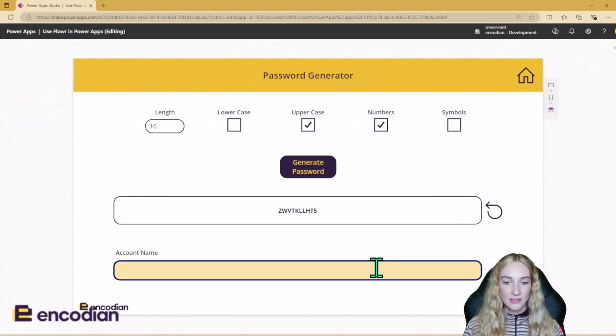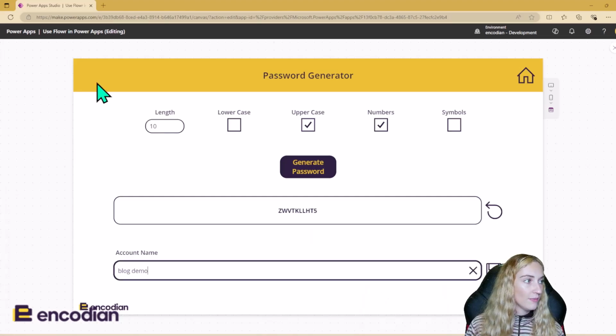So let's test this. So I'm just going to test this now. And we can see as soon as you start typing, this now becomes available for the user to click. So before I click save, I just want to take a screenshot